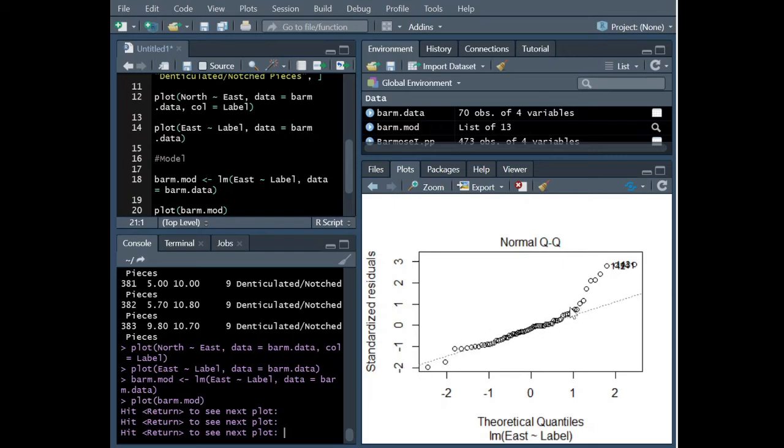Most points are right along that line, what we'd expect if they were normally distributed. But at higher values, at higher quantiles, we're starting to get away from that line. This could be problematic, but I do know that linear modeling in this sense is pretty robust to violations of